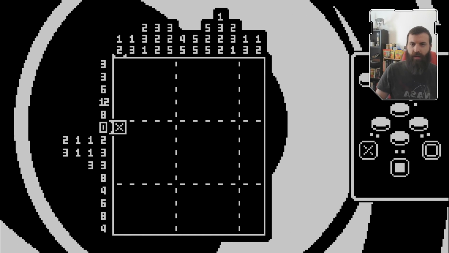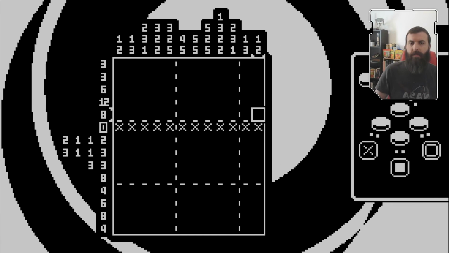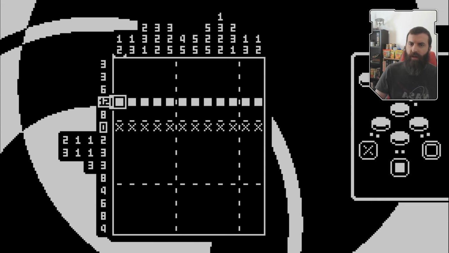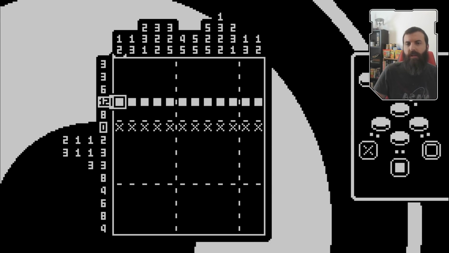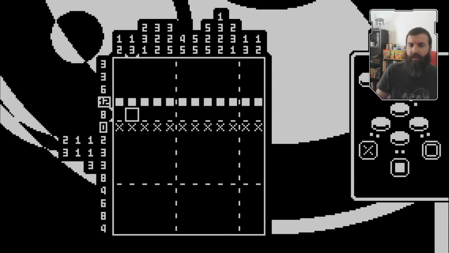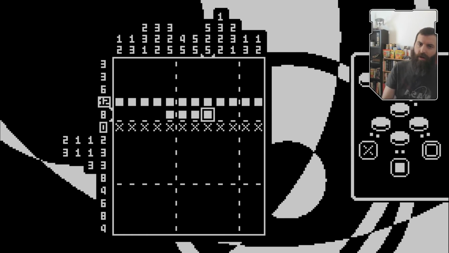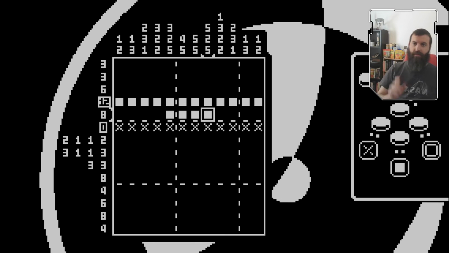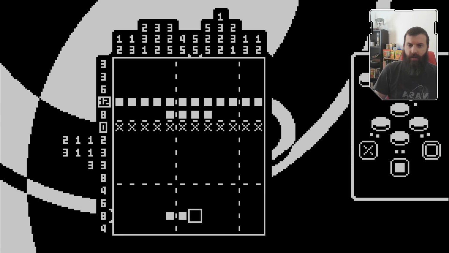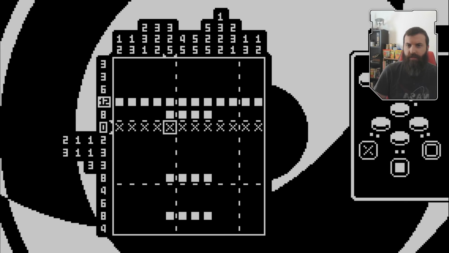Alright, right off the bat, we've got a 0, so I'll go ahead and X that out. Great. This is 12 wide and 14 tall, and we've got a 12 here, so that goes ahead and fills that in. Beautiful. Got an 8, which means that there's 4 pixels of wiggle room on our 8. Those are definitely filled in. We've got another 8 down here, so we can go ahead and fill those 4 in. Another 8 here, fill those in. Cool,